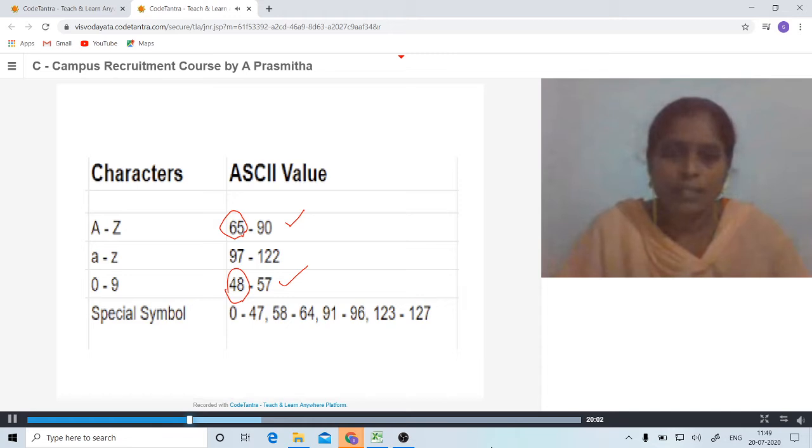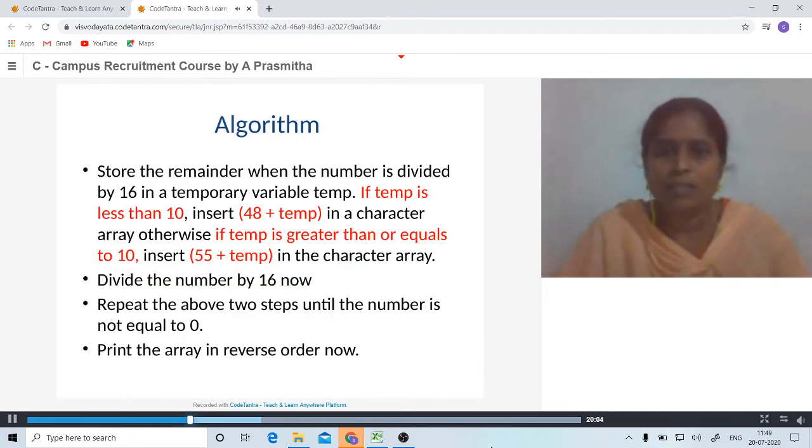Now let us see the actual process of converting a decimal number into a hexadecimal number. We divide the given number by 16 and store the remainder in a temporary variable called temp.